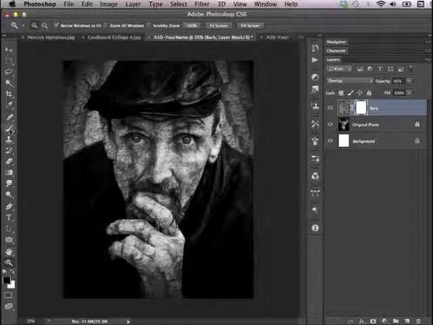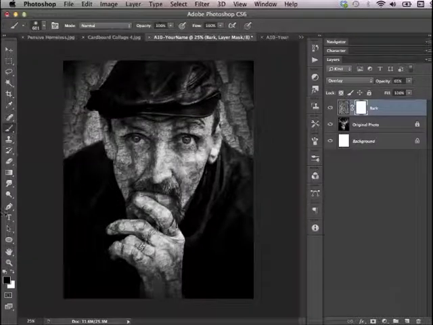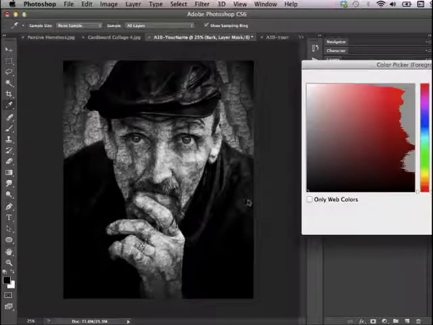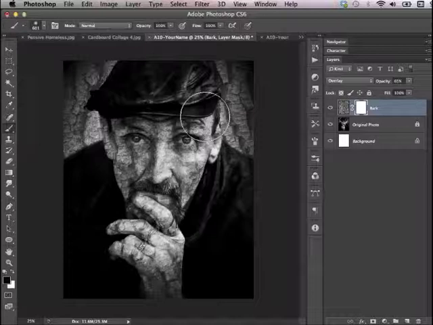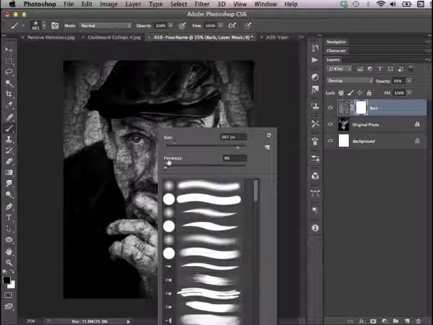I can just get my paintbrush tool by clicking B or choosing it from my toolbox. Choose black out of my color picker, or push D and then X to get it in the foreground. And I want a fuzzy edge brush. So I pick this top one by right-clicking with my brush, and then I can change the size this way,